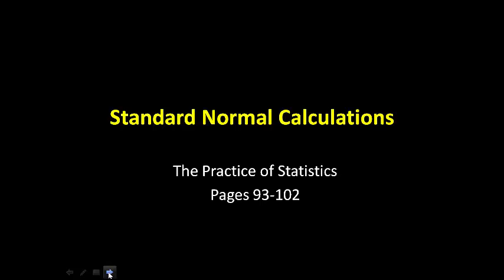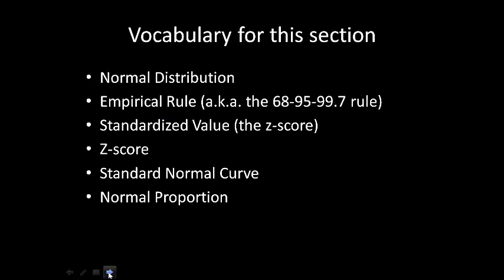And let's begin. The vocabulary that we're going to need in this particular video: we're going to talk about normal distributions, which you've already seen, the empirical rule, which is most of the time known as the 68, 95, 99.7 rule, standardized value, which is our z-score, the z-score itself, and the standard normal curve. What is that? Whenever we talk about a standard normal curve, you have to understand what it looks like,